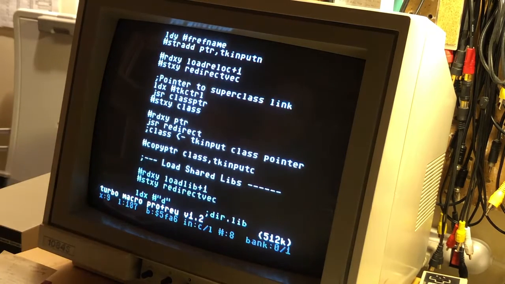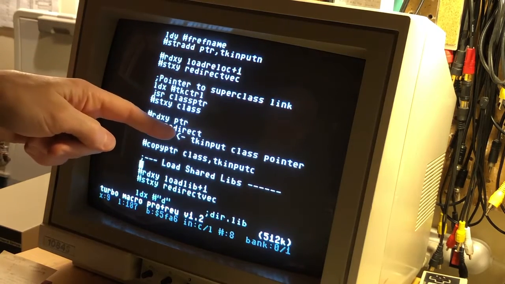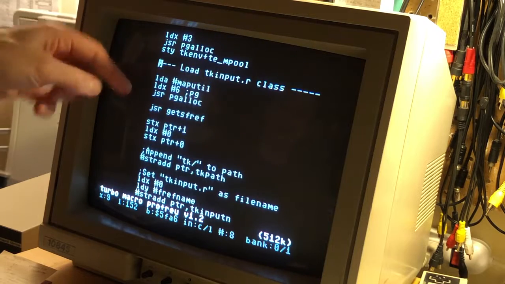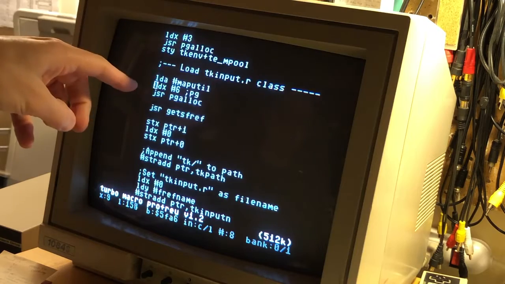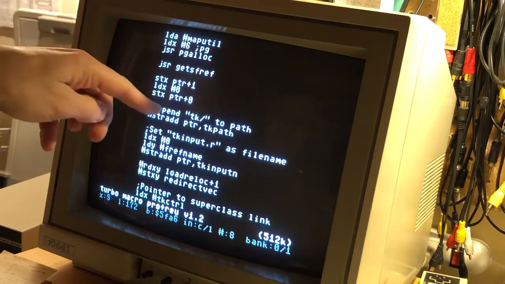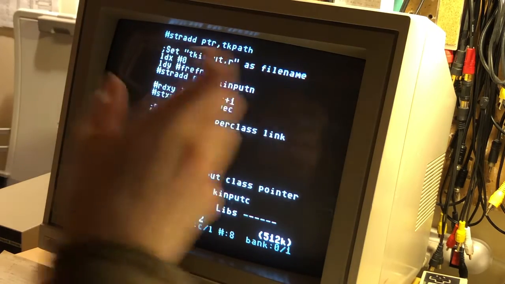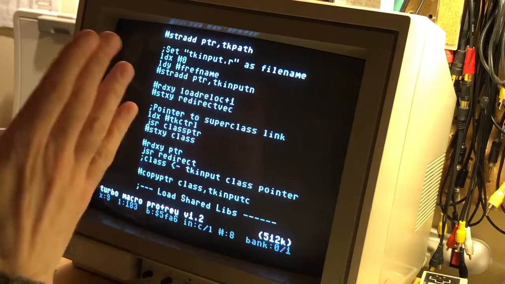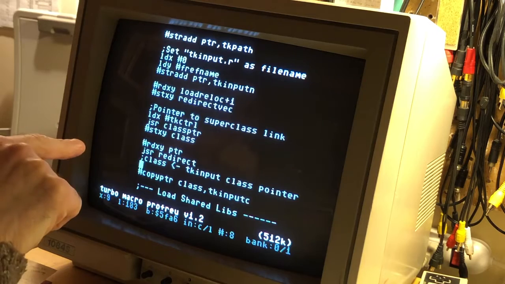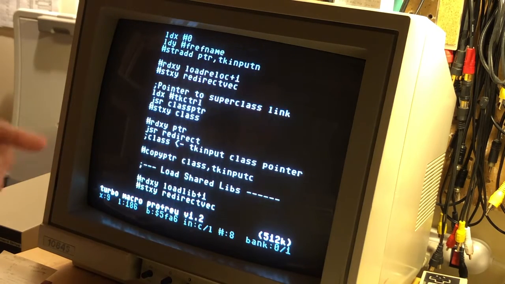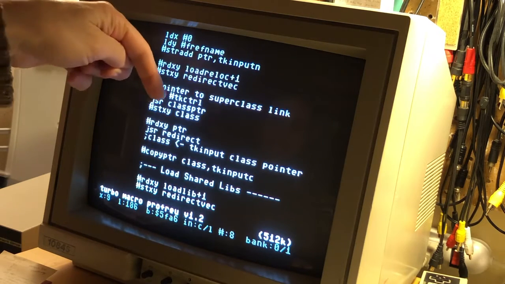Next, we read in the address from the pointer. So we're reading in the address now that's 6 pages big, but that has been initialized to the system path, and then it's had the TK path added to it, and the tkinput.r file name added to it. So you've got this file reference. It's 6 pages, but the first page of it is configured to point at the file that we want to relocate and load. And then we take the parent class, we stick it into class,